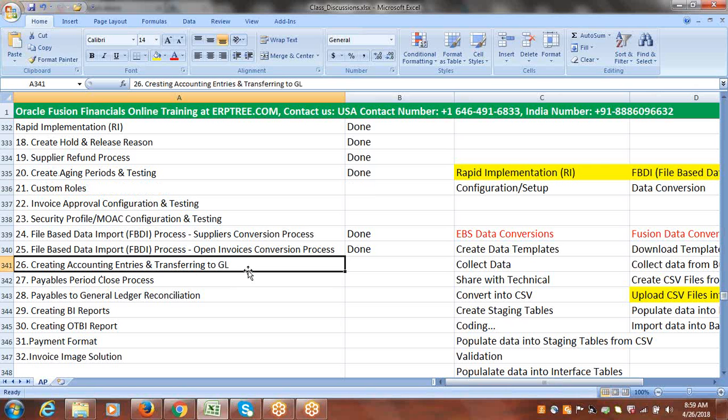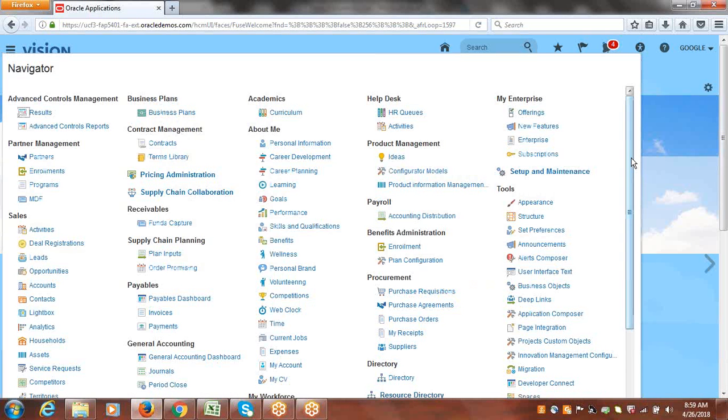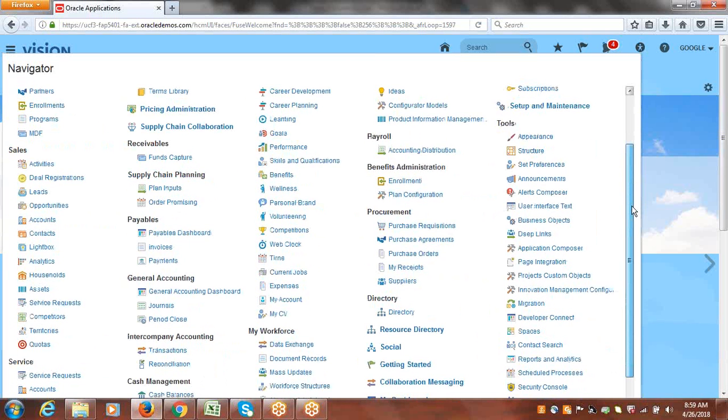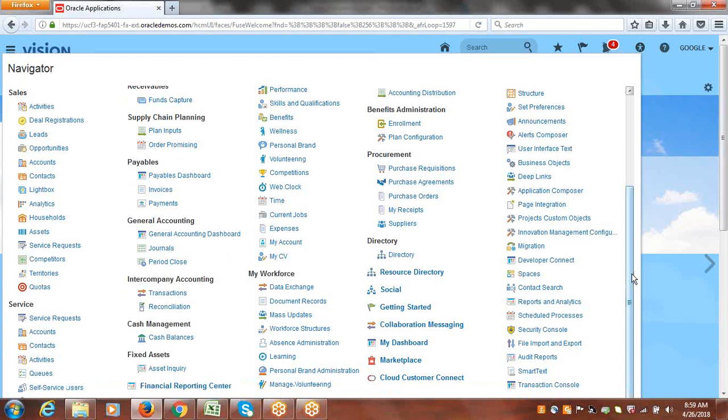So, create accounting entries and transfer to GL. I'll just take you through that. It's a very well-known process. If you want to create accounting entries and transfer to general ledger, the accounting entries for invoices, payments, and when you talk about cash management, reconciled payments, whatever, if you want to process them,